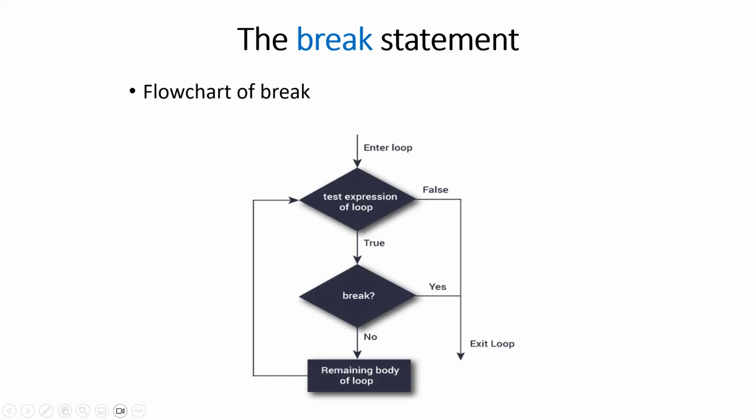For example, take an if statement which contains a break inside its scope. If the condition is false, the break statement will not be encountered. At that time, the control remains in the body of the loop. After the execution of the body, the control will go back to the header of the loop and check the condition. If the condition is true, the control will come inside the body and the loop will execute.